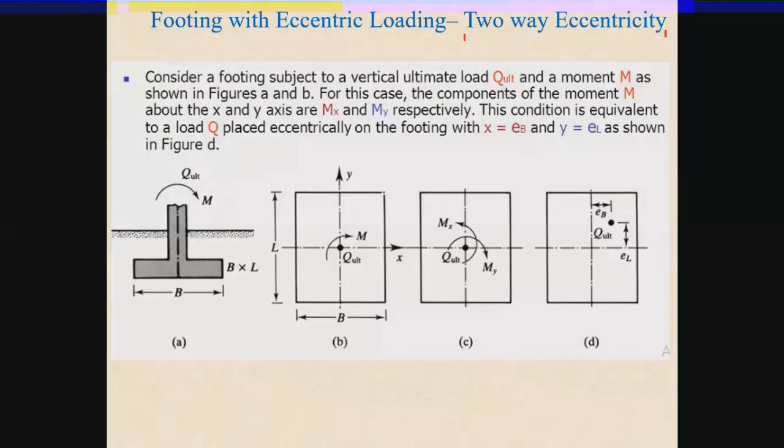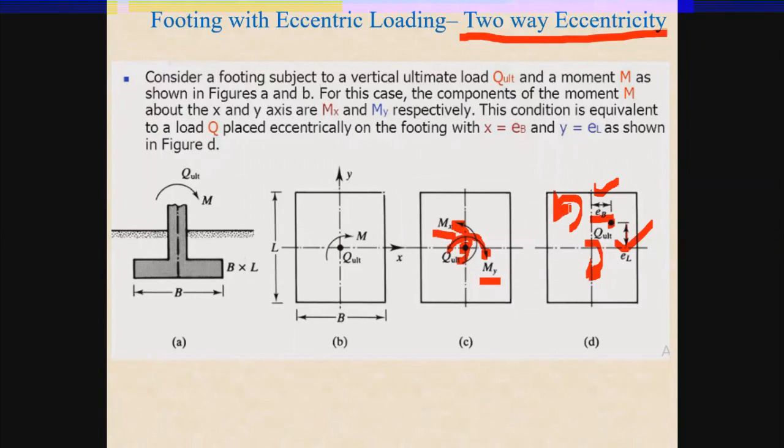Now guys, let us discuss a case of two-way eccentricity. You can see in this figure there are two moments, My and Mx, coming on the foundation along with a column load. The reason for this clockwise movement is My and for this anti-clockwise movement is Mx, which gives EB and EL. EB is the eccentricity of the load in the x direction and EL is the eccentricity of the load in the y direction. So this EL is causing a clockwise movement and this EB is causing an anti-clockwise movement on the footing